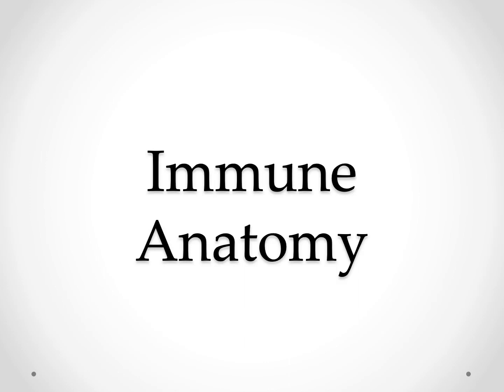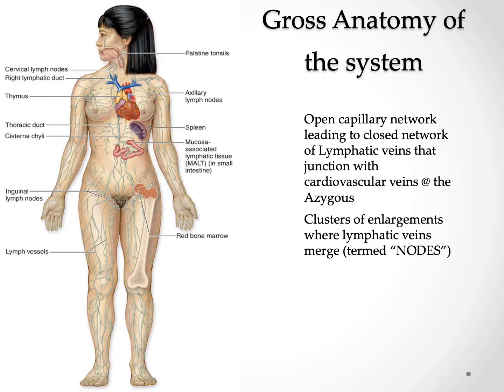So let's go ahead and take a look at the various structures that we'll see within the immune system itself. When we break down the immune system, what we're really talking about is a network of open capillaries and veins. They have the same anatomical structures as what we saw within the vasculature in terms of the vein and capillaries. Because they're open, they will siphon interstitial fluid within them and then transport the